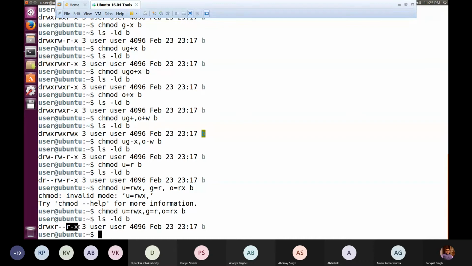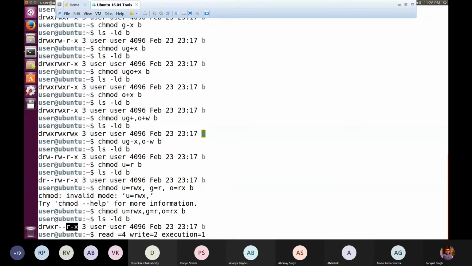So when we say symbolically, that means we are treating the users as U, G, and O for others. At the same time, the rights are mentioned as R for reading, W for writing, and X for execution. Accordingly, we have the octal notation. That notation says that if we have reading right, that corresponds to 4. If we have writing rights, that corresponds to 2. And if we have execution permission, that corresponds to 1.